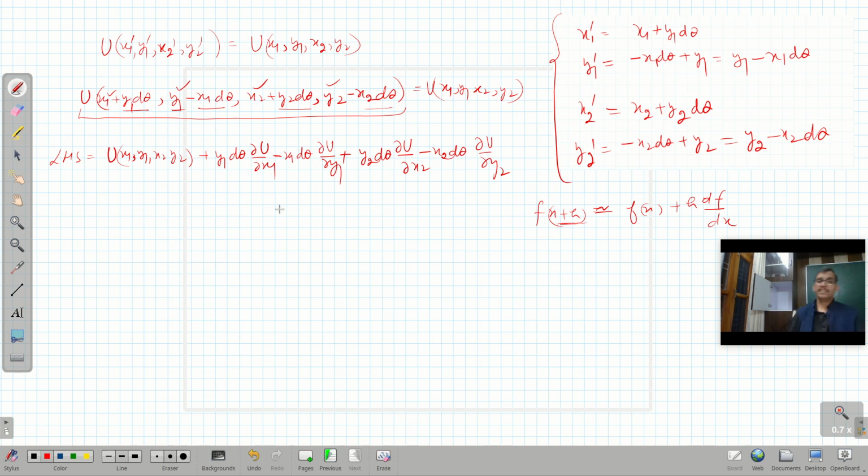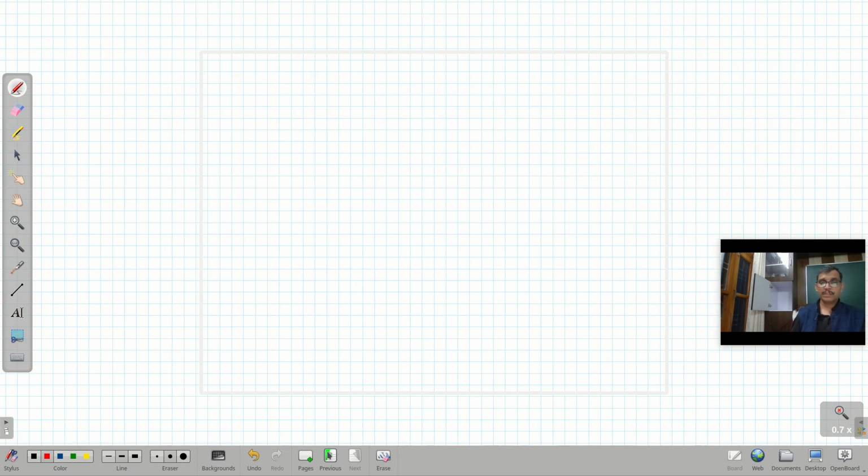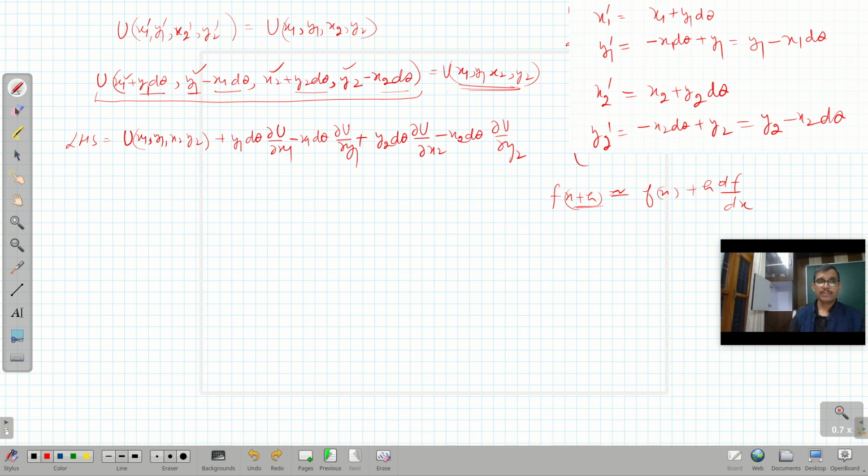So I'm just generalizing these results, and this left hand side can be expanded to this one, but this left hand side is equal to this one. So I applied Taylor's theorem here, means this, and this is equal to u x1 y1 x2 and y2, both will be equal and lying on the opposite side, so both will cancel out, and d theta is sitting here, here, here and here, so let us take it outside, so it will remain